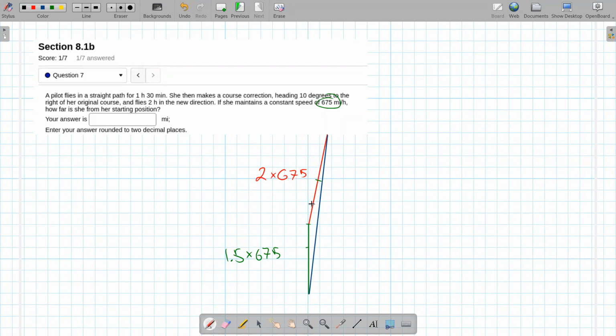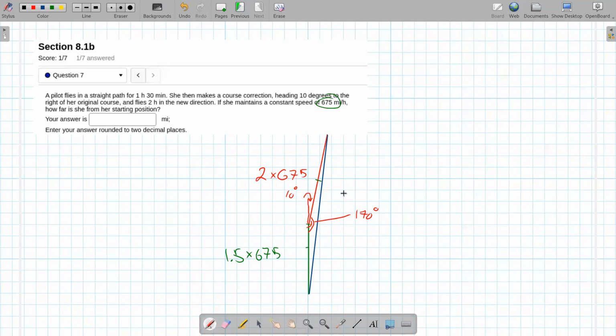And what else do I know? I know that this angle right here, this skinny angle, that right there is the 10 degrees. And it is supplementary to this inner angle here. So that inner angle there inside the triangle has to be 170 degrees. So what we have is 2 line segments in a triangle with the angle between them, which is